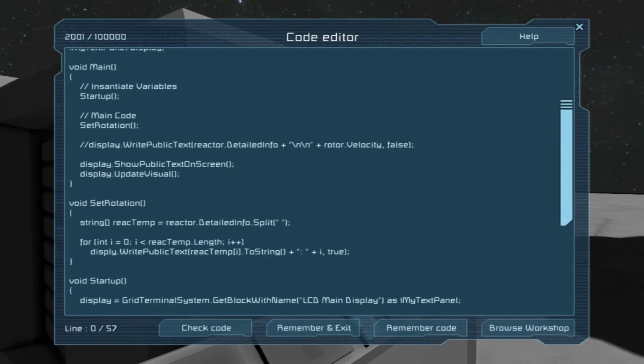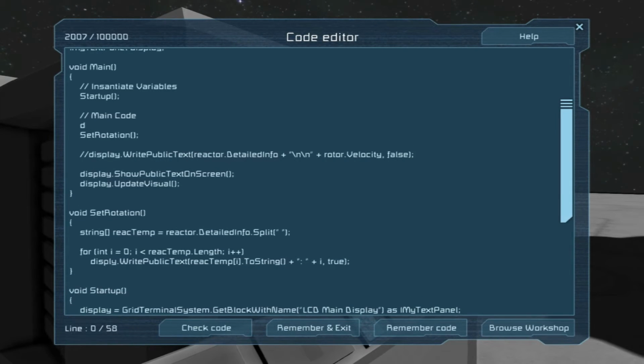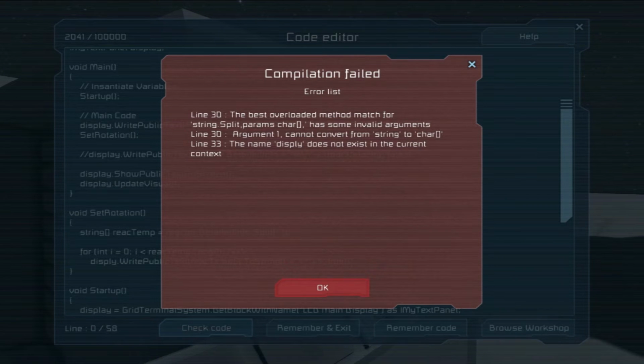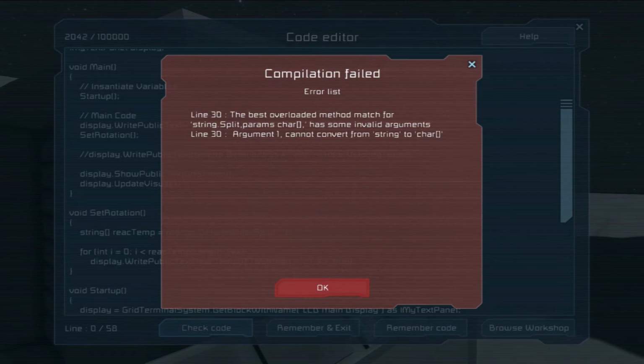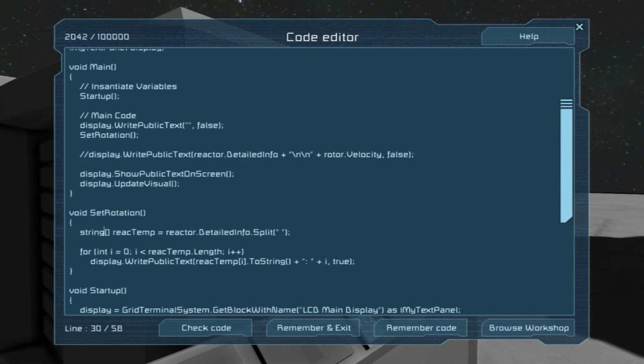Close that. Now, before we do this, let's go ahead and put display write public text and just do a blank and say no appending so that it clears it before it calls this, so that we can loop through it and get all the info. Now, this is going to change. The best overloaded method, line 30... oh, does help if you spell things right.